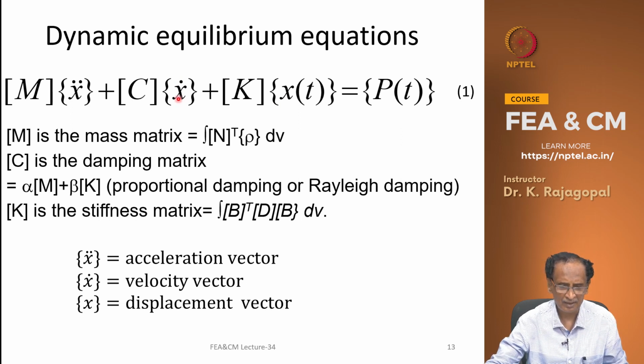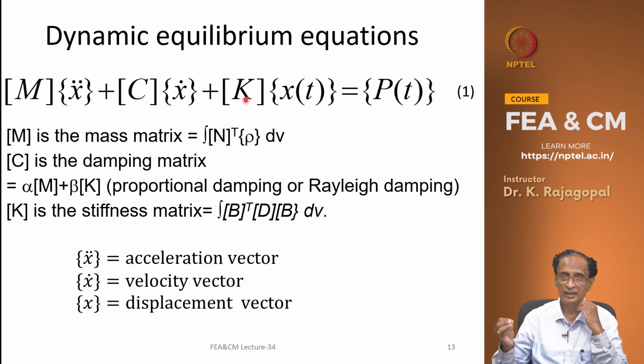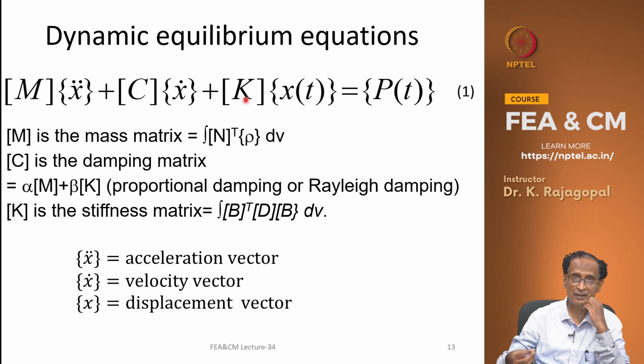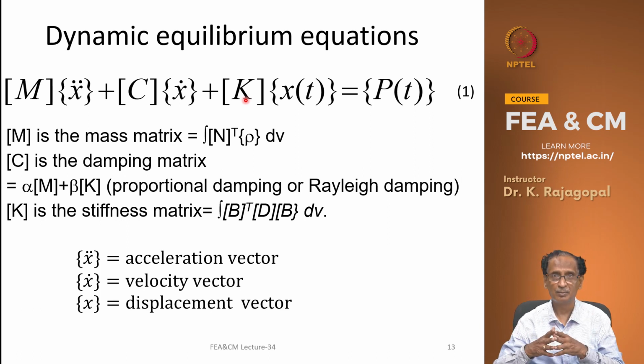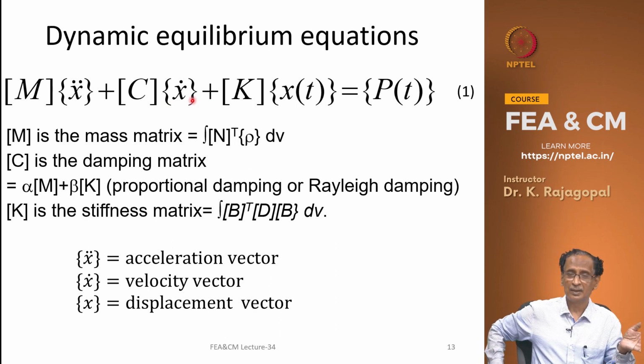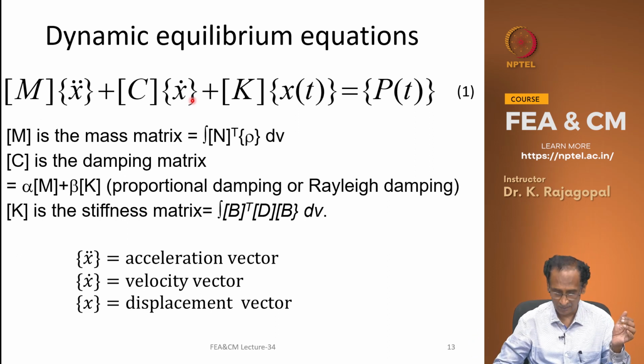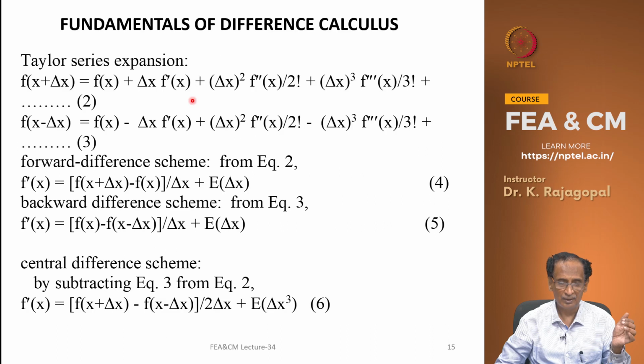And so how do we solve this? It's a time dependent problem, and at each node we have acceleration and velocity and also displacement as the variables. So are we going to consider all these three as nodal variables or only one of them? Actually, if you consider all the three, the problem becomes very complicated, because you'll have a very large number of degrees of freedom to solve for. And so what we do is we can